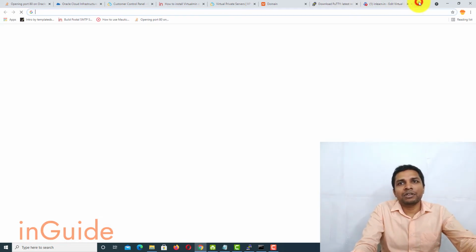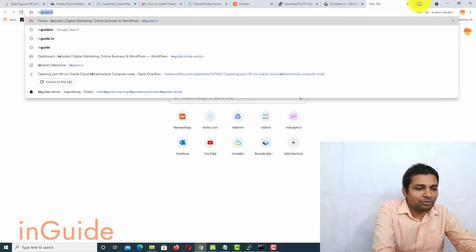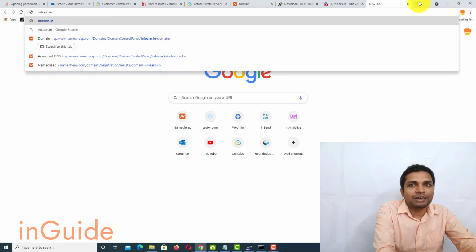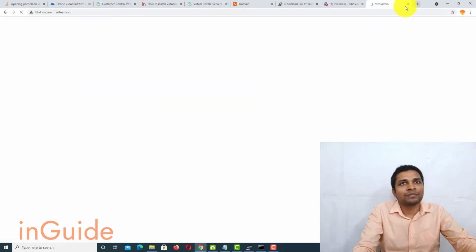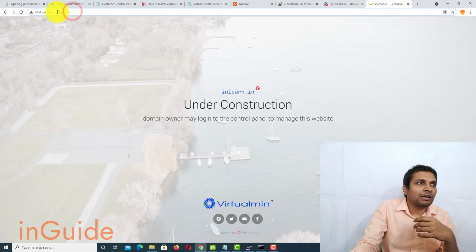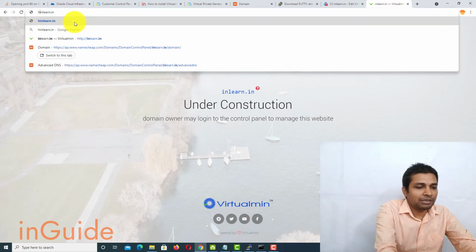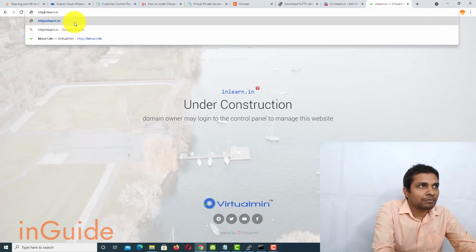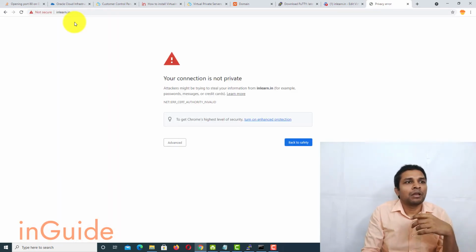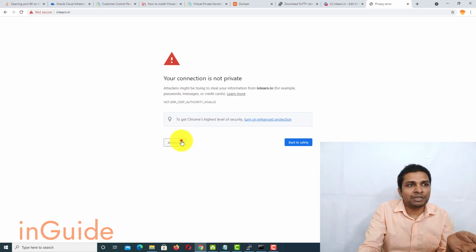Let's try to open it in browser, and we'll see if it's working or not, and if not, then we will try to fix it this time. So yeah, see, it's working now, and it's under construction. And let me go to HTTPS. Okay, now it's still giving a privacy error.